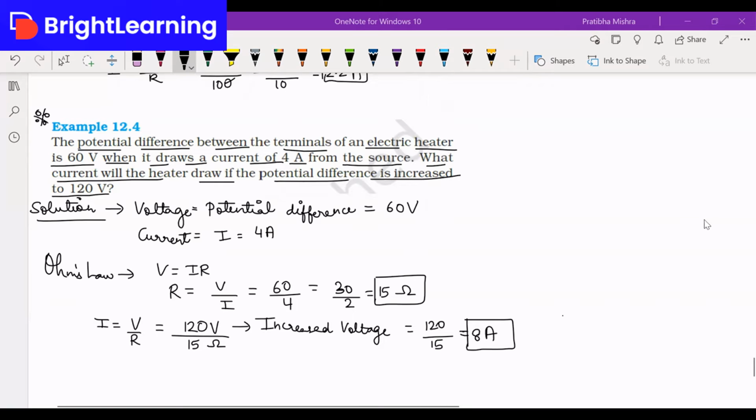All right. So I'm going to give you another question now. If you have any doubts, do let me know. There's one more chat. Rashmi says, please explain Ohm's law again. So let me just explain it here itself to you.